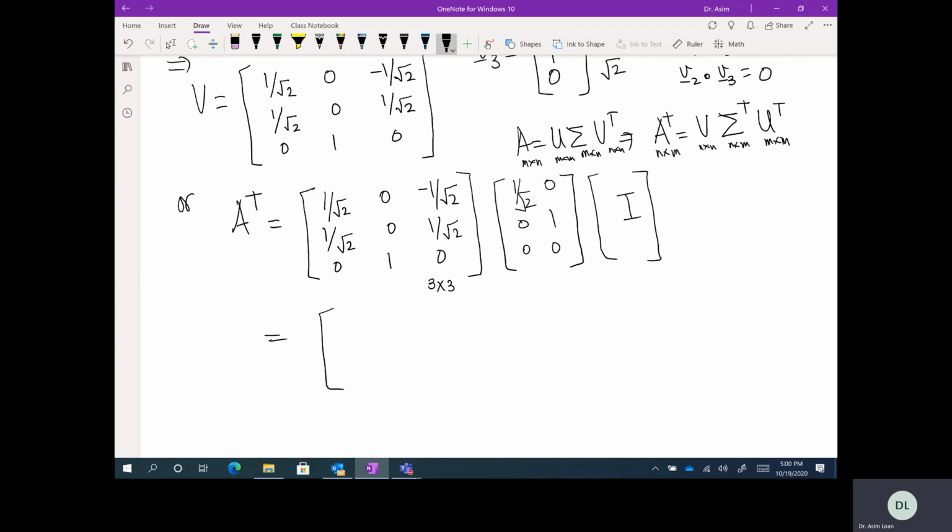3 by 2. So this is 3 by 2. So half here, 0 and half. So half here, half 0, so this is 0. Half, 0, and finally I pick the second one, which is 0 and 1. So this is my pseudo inverse, and you'll see that this gives you the answer. Okay,